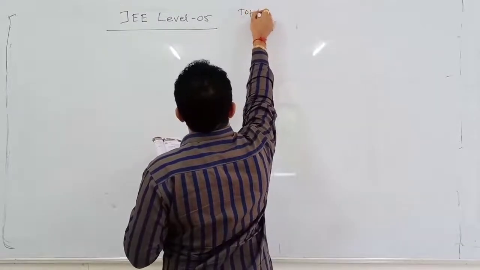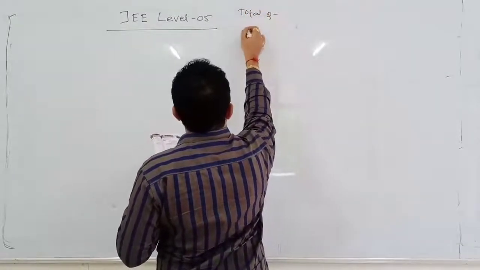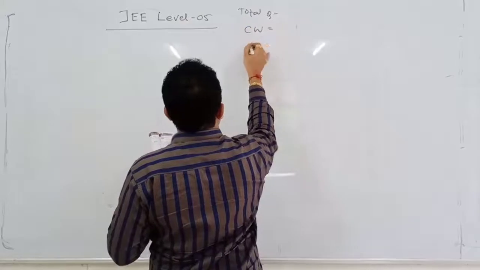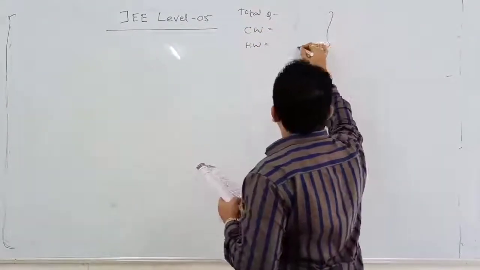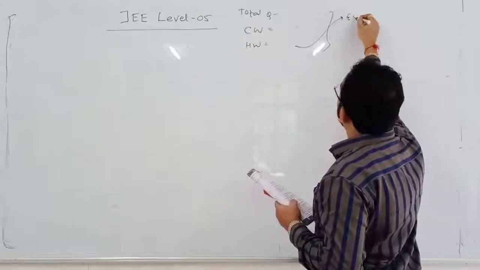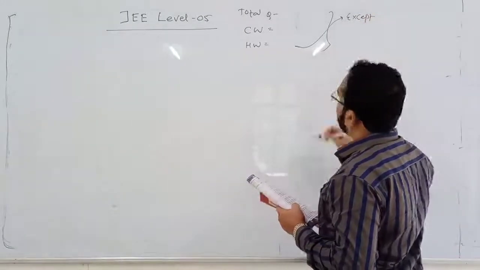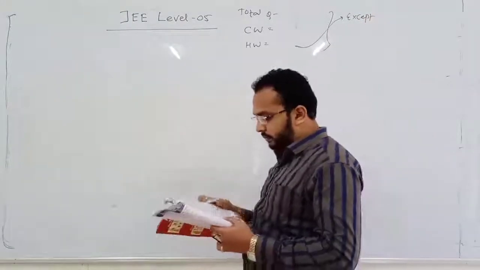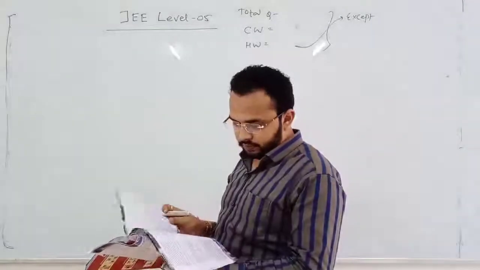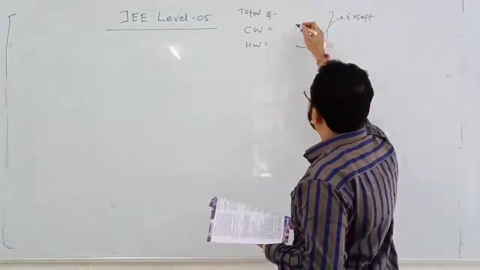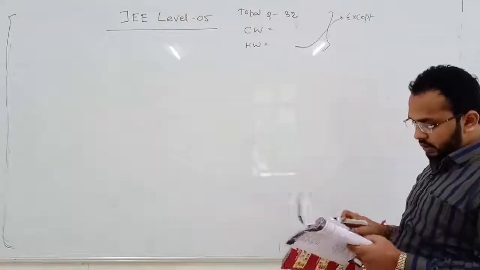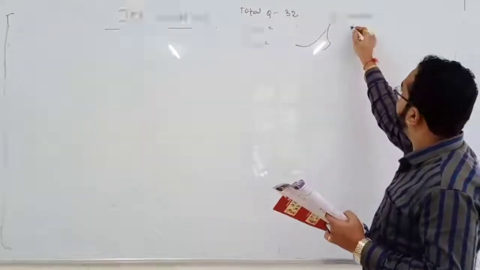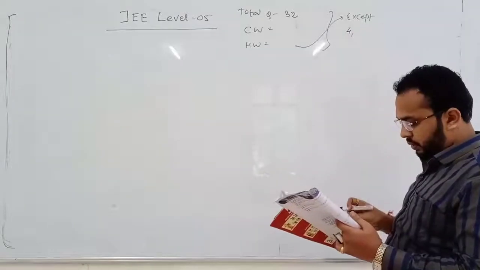Total questions for you, classwork from me, and then homework. Homework you have to do except total 32 questions are there. Total 32 questions are there, out of which we are going to do here question number 4,